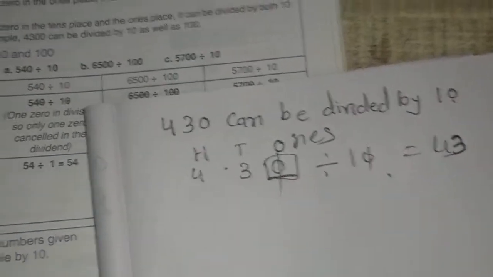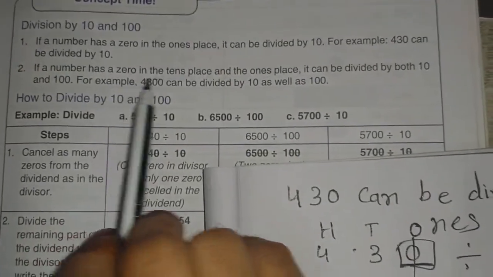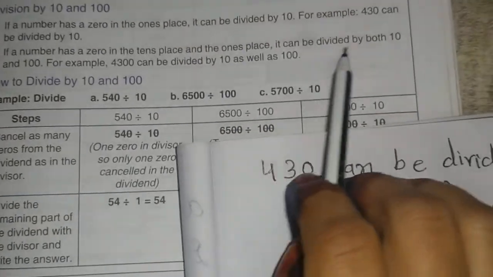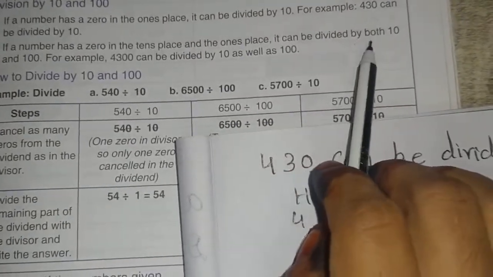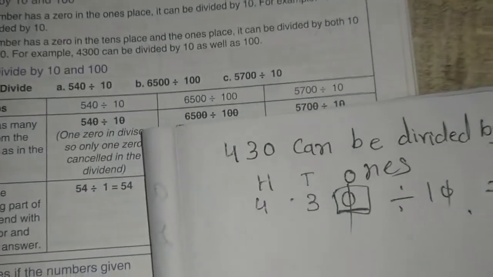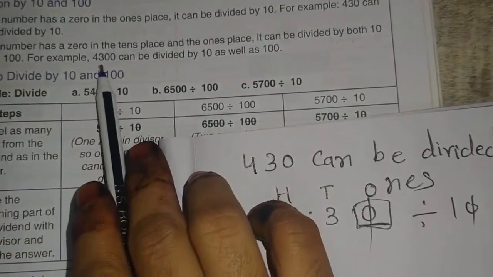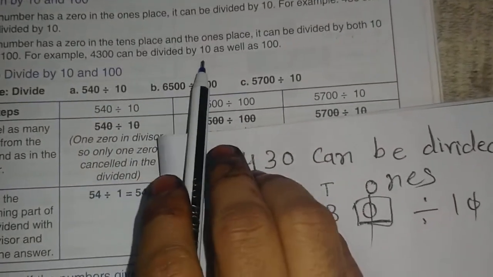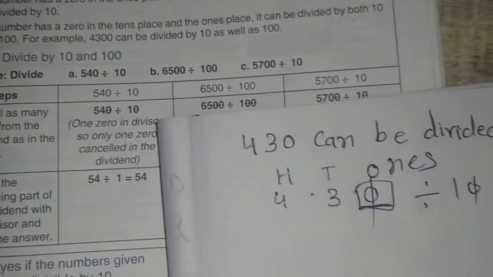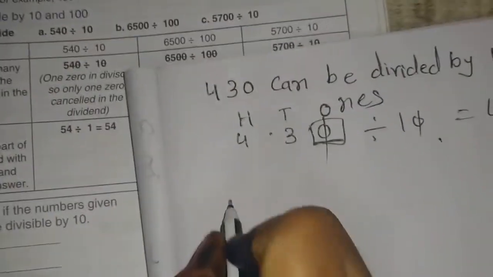Right? Now the second question is, if a number has a 0 in the tens place and the ones place, it can be divided by both 10 and 100. Okay. Now look, for example, 4300 can be divided by 10 as well as 100. It can be divided by 10 and also by 100. How is it? So for example